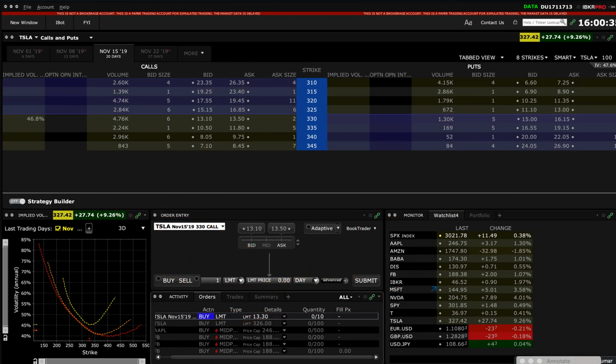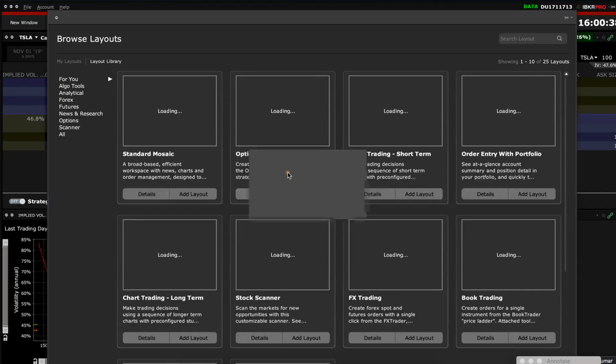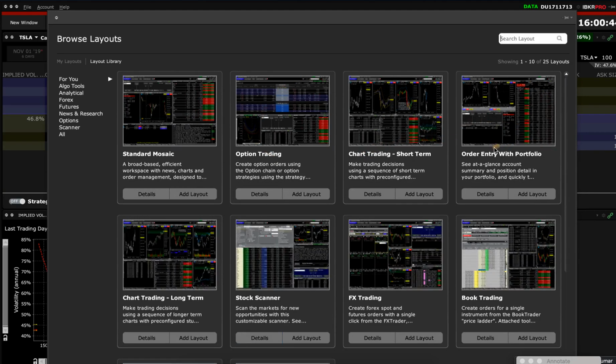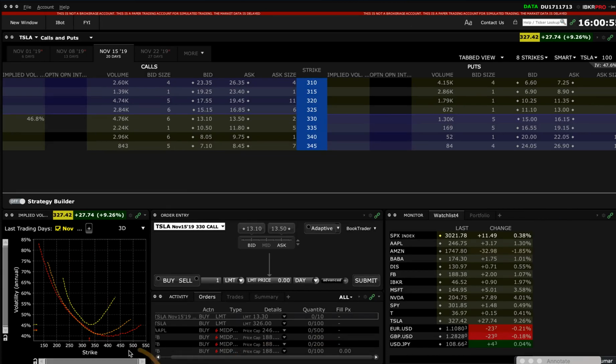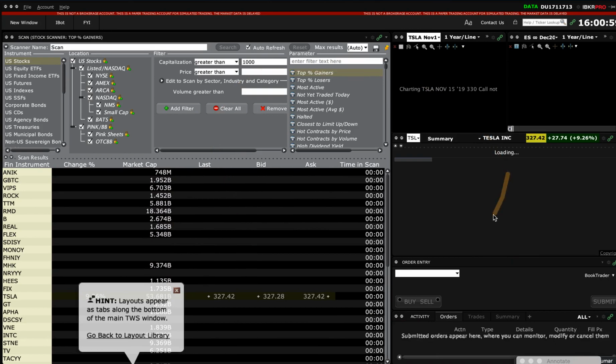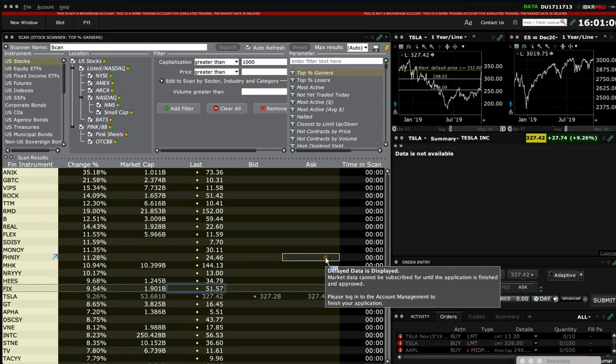So let's go to one more, and you're going to click on browse. Now right here, you have your order entry with portfolio, your book trading, which is technically for day traders, chart trading, and then your stock scanners. So we're going to click add layout for the scanning. Okay, so now here we go. Now here is the stock scanner. Now it's going to take some time. Give it a few minutes. Once it's done,